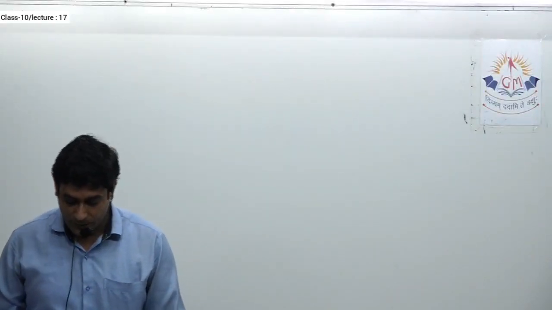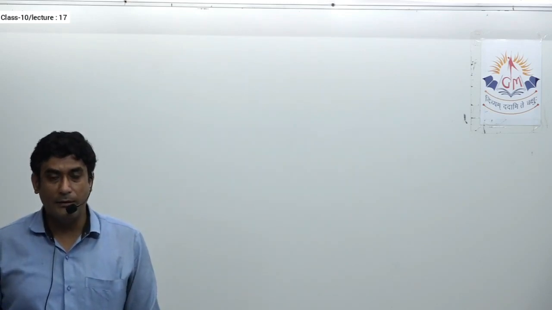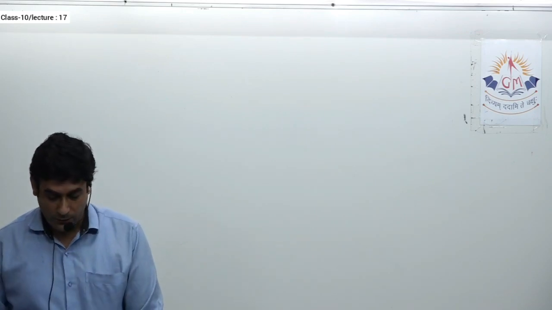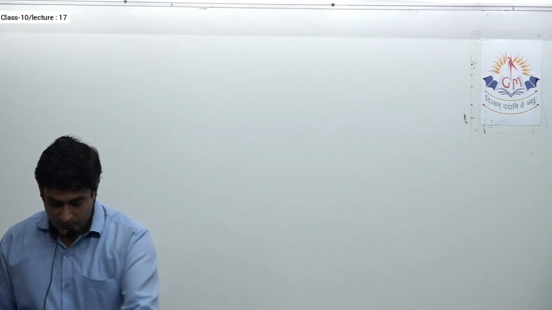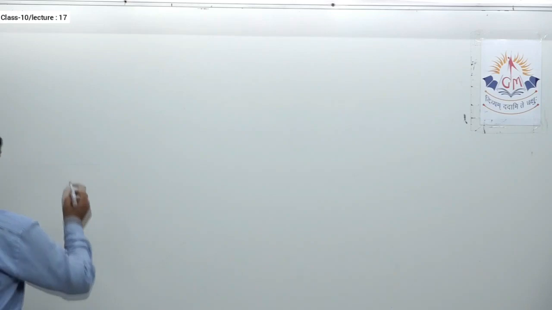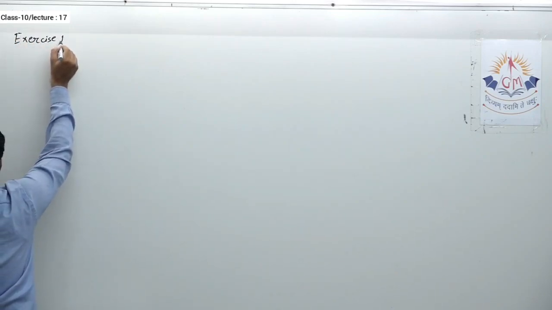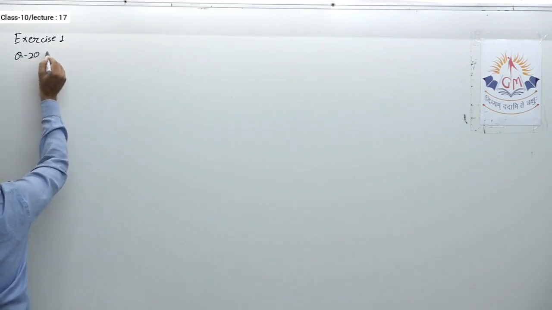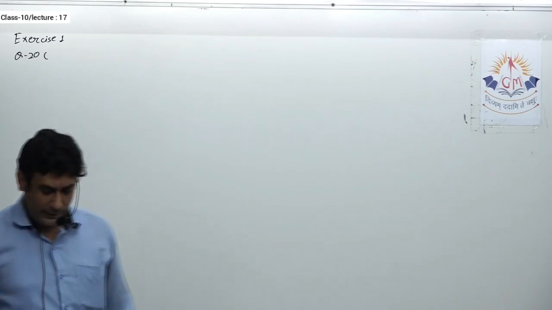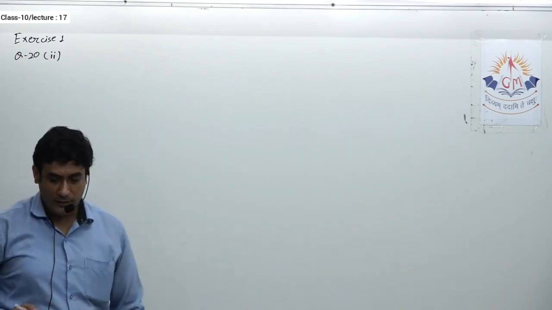Hello friends, in the last lecture we saw how to solve a pair of equations that can be reduced to the form of linear equations. So we'll continue with the same. Here I'm going to start from question number 20, exercise 1, and we'll see some of its parts. I'll start with the second one. The first one you have to do on your own. We saw a similar question, so I will start with the second one.